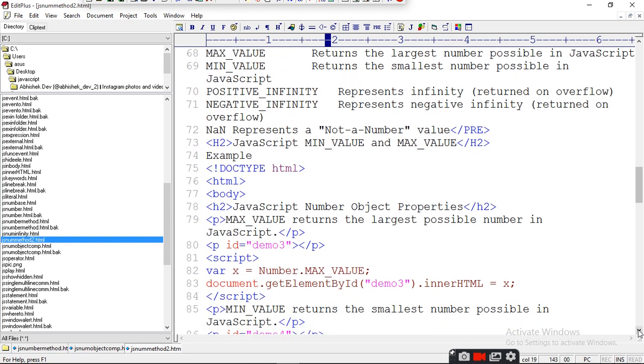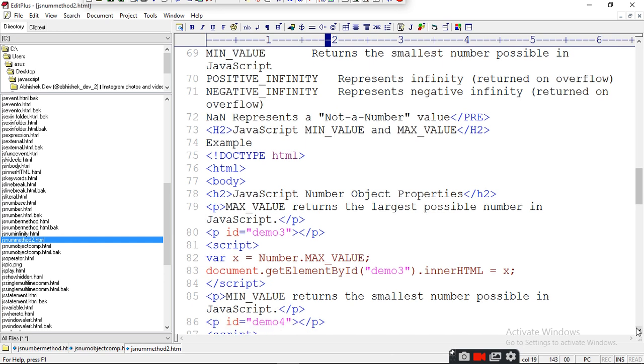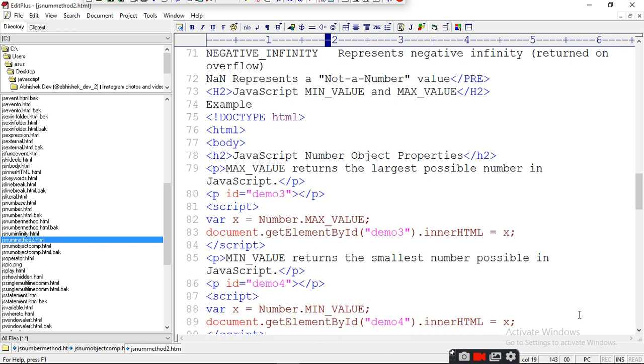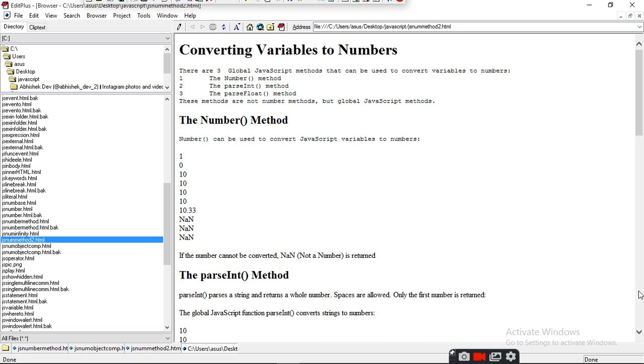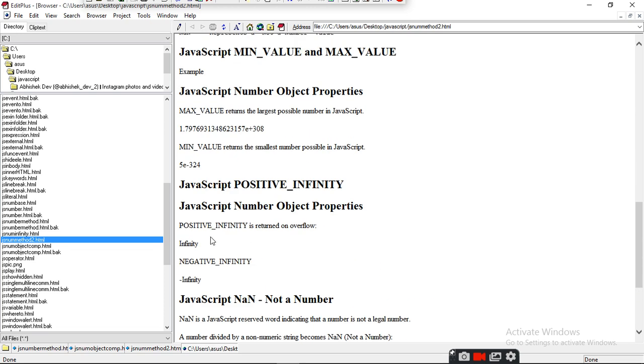For that you have to write x equals Number.MAX_VALUE. Then it will give you the maximum value which is possible in the computer. I will show you when I run it, and the minimum value will come in exponential form. Let's see. This is the maximum number and this is the minimum number.